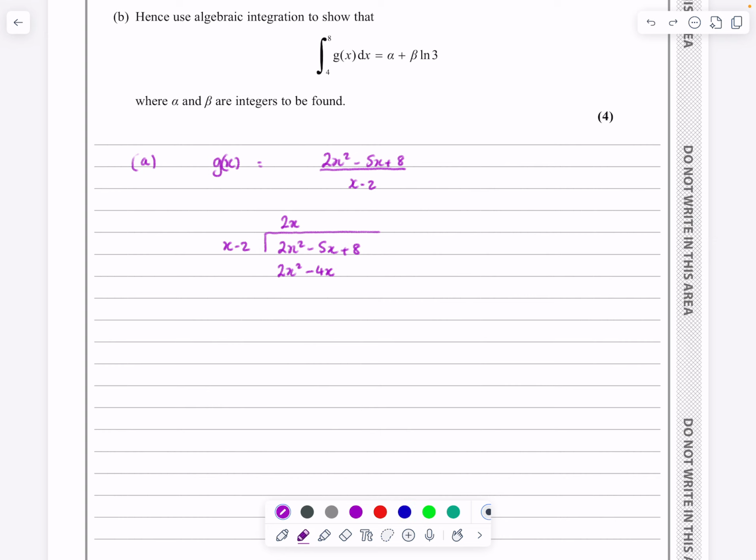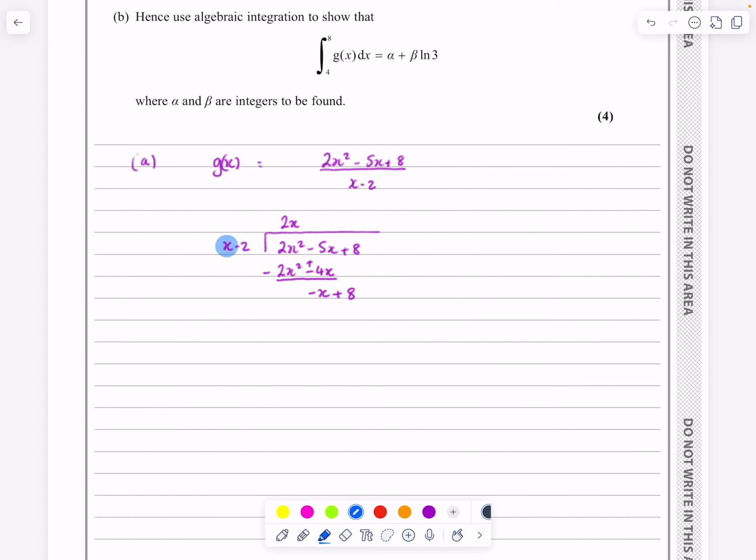So if I'm going to subtract that, a minus and a minus makes a plus there. So we'll get that 2x squared disappears, and minus 5x plus 4x gives me minus x, and then at that stage we bring the 8 down. So we have minus x plus 8 here,